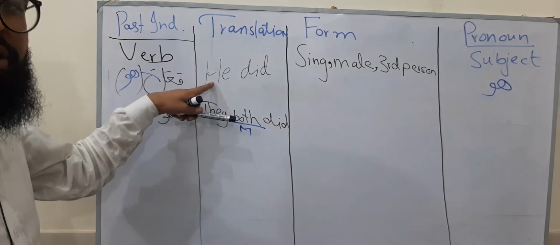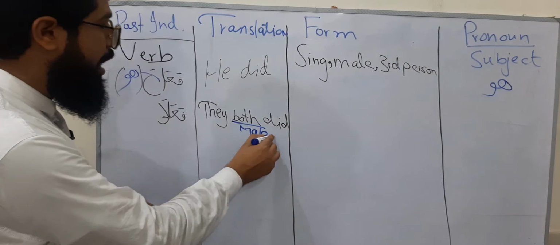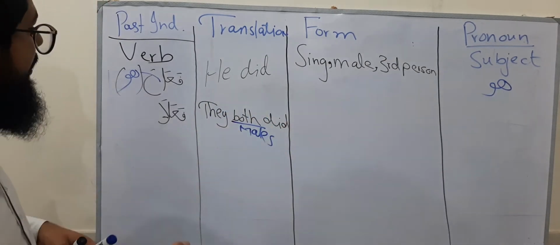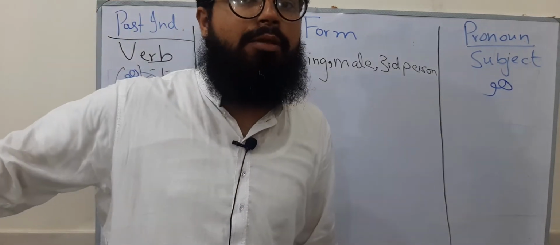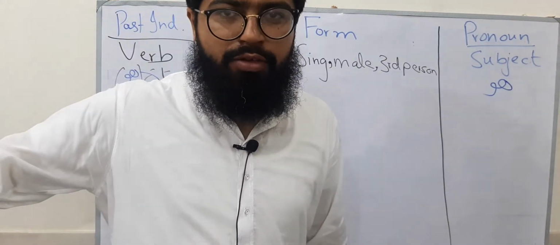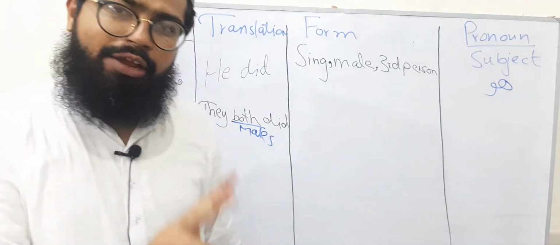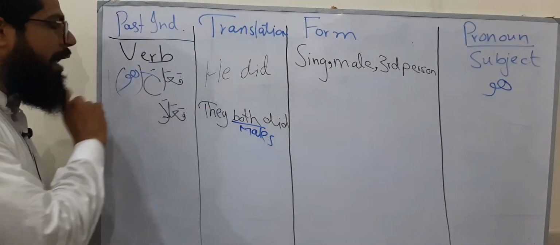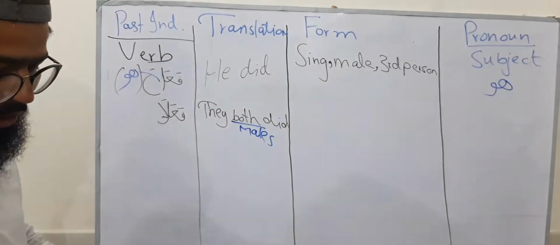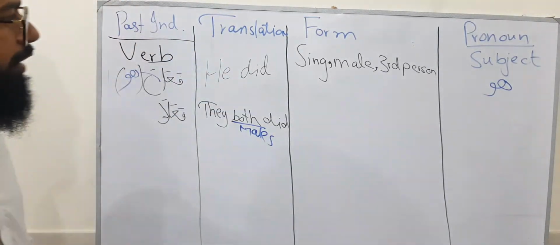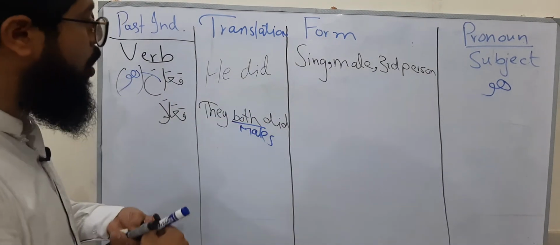Like here he means male, here both means males. So they both males did. Okay, this is the translation of fa'ala. Fa'ala means they both did, and they means they males. They are males and they did, and they are two persons, not one, not three, exactly two persons. So fa'ala means there were two persons who did, and they are not present right now, because we are talking about third person. Okay, so the explanation of the form would be like that: